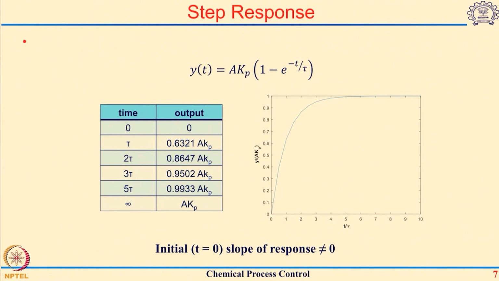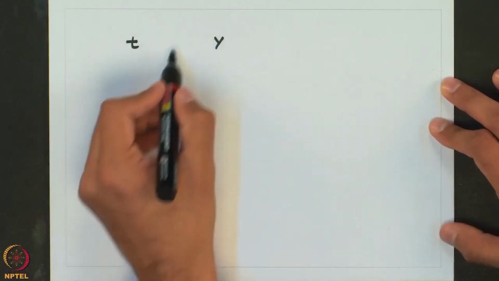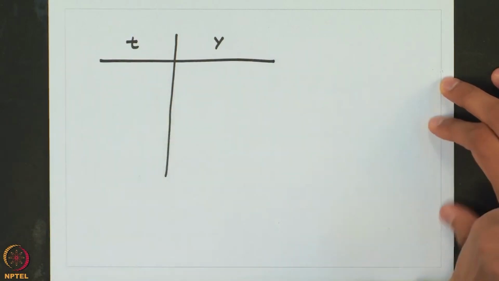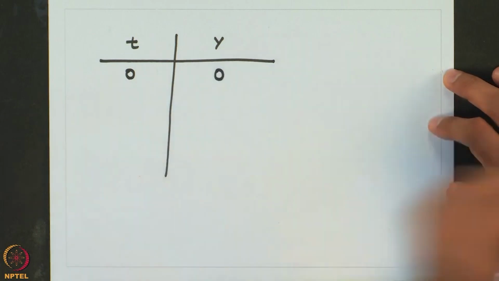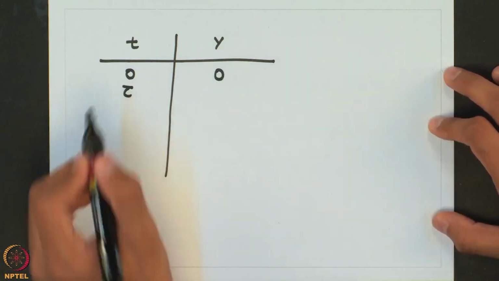Let us now try to see the response as a function of time and try to capture how the response changes. So, we will make a chart of time and the corresponding value. At time t equal to 0, the output was 0. Now, if t was equal to tau,